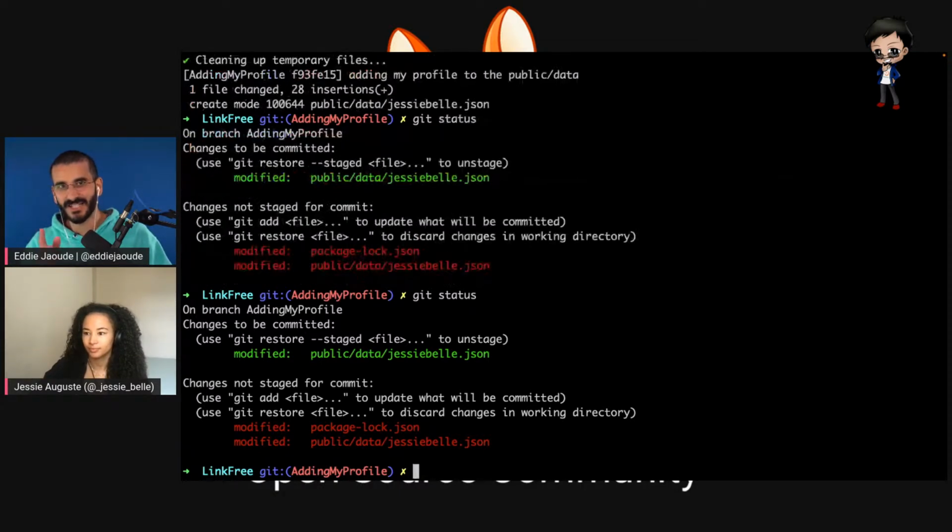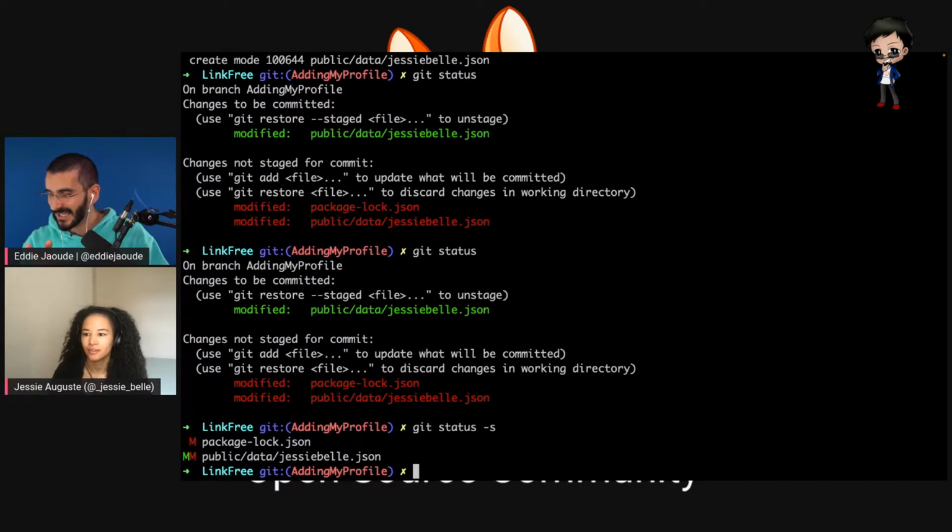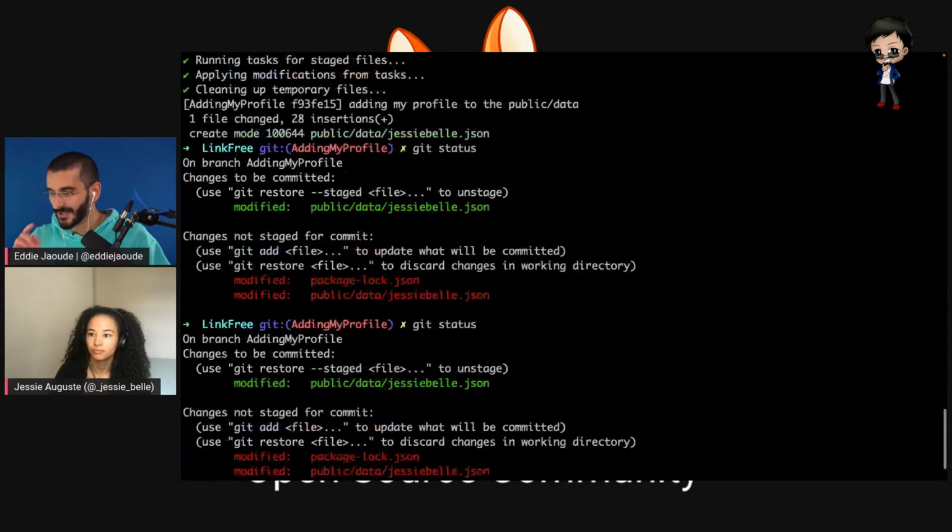Do a git status again. This is actually really interesting. This might confuse people. Do git status with -s at the end. I just find it so much easier. And it's got M and M, and one's green and one's red. So what that means is we made changes to the file, or the file got created from the CLI tool. And then we added it, so it went green. But then we did the commit, and the commit's got a pre-commit hook, which ran. I think I saw it above, it ran linter and prettier, and so it made changes to the file with the formatting. So now we have